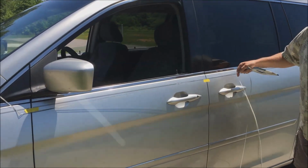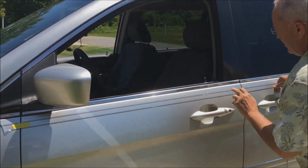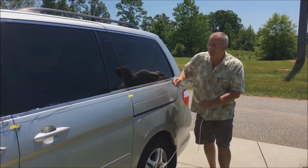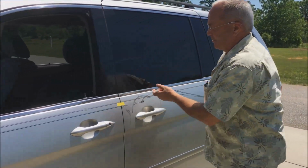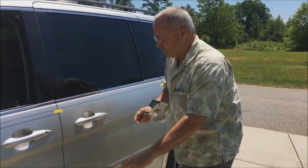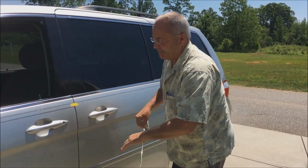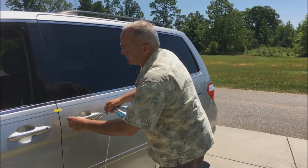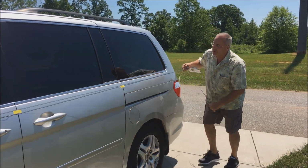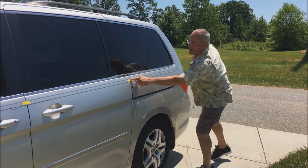Now, you can go one panel at a time. I'm just laying this one down, again, marker to marker, okay? A lot of times you get a straighter line if you go a couple panels at a time. So in this case, I'm going to start here, and this is sometimes where I start in the middle of the vehicle, come backwards, go to your marker, this masking marker,